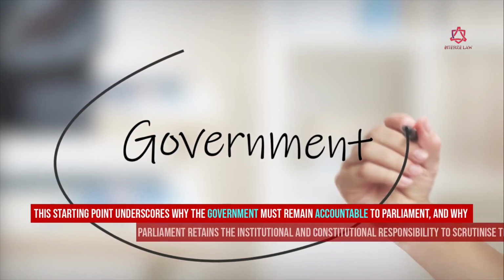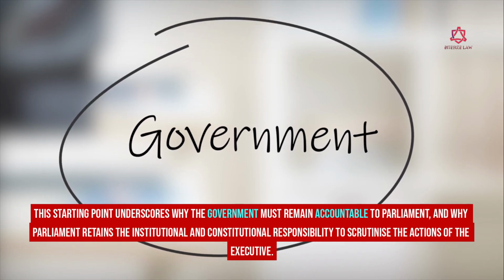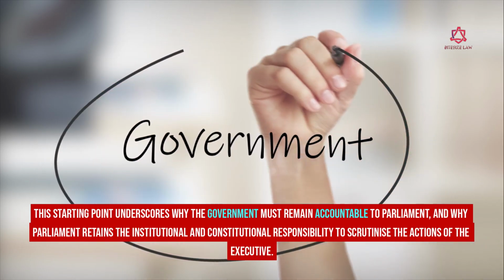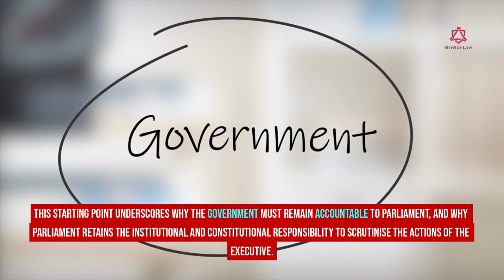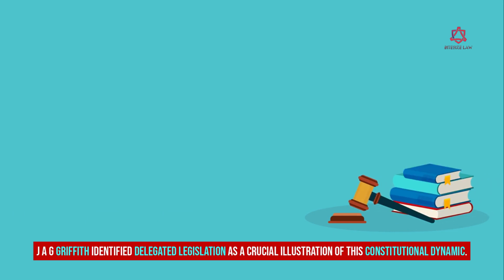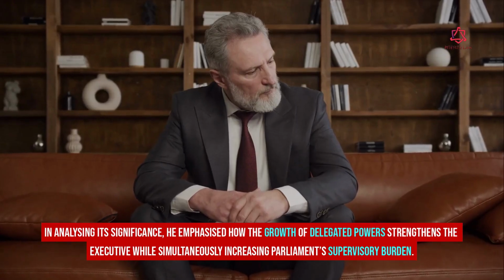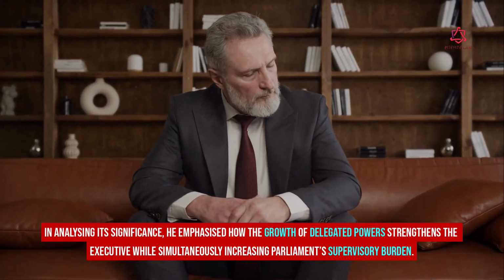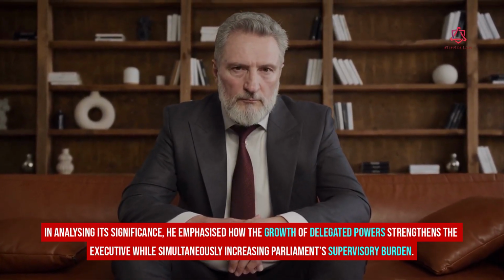This starting point underscores why the government must remain accountable to Parliament, and why Parliament retains the institutional and constitutional responsibility to scrutinise the actions of the executive. J.A.G. Griffith identified delegated legislation as a crucial illustration of this constitutional dynamic. In analysing its significance, he emphasised how the growth of delegated powers strengthens the executive while simultaneously increasing Parliament's supervisory